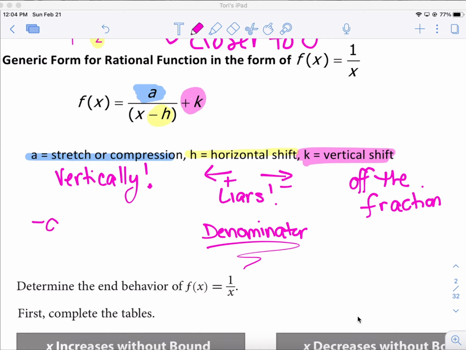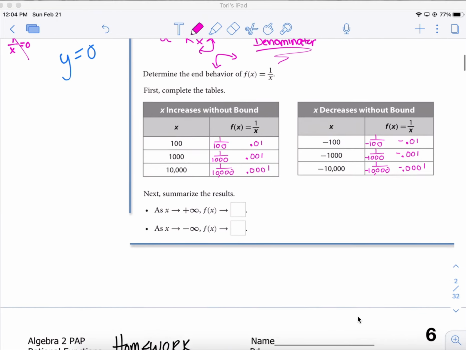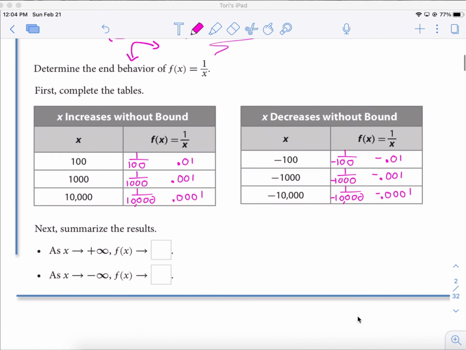Also remember, if A is negative, that's a reflection over the x-axis. Instead of my graph looking like this, it would switch to be in these quadrants. Okay, so just as a quick reminder, if A comes out negative, that's what you're looking for. All right, last piece, if you will come down here, pause the screen for just a moment and copy what